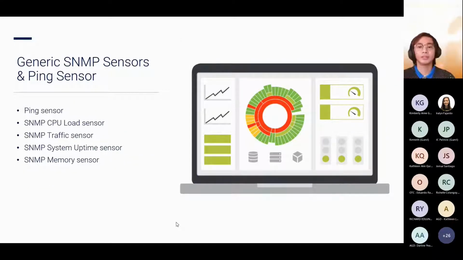So for the sensors, it has the same method. You have the generic SNMP sensors and ping sensors. We have the CPU load, traffic sensor, uptime, and memory. Since even our operating system supports the SNMP protocol, that's why we can also use this sensor to monitor